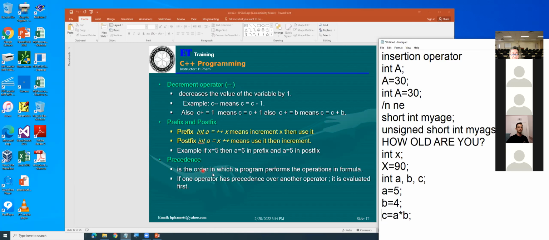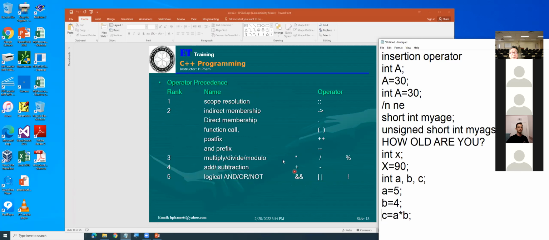Precedence is the order in which the program performs the operations in a formula. If one operator has precedence over another operator, it is evaluated first. Now, operator precedence. The highest precedence will be...